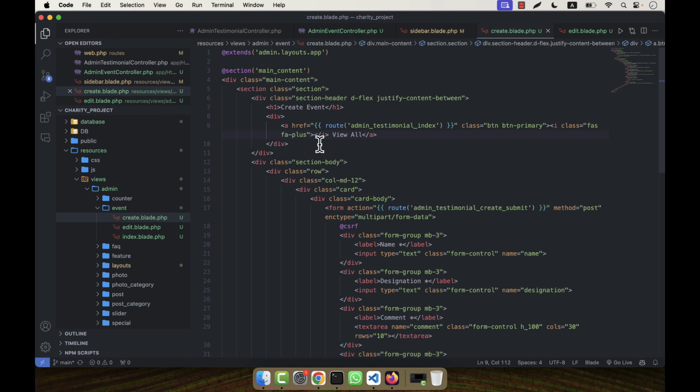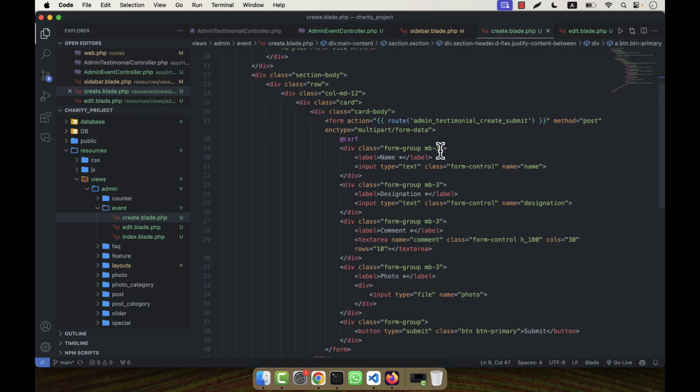Now I am going to change it, that is event, and here it will be event, and this will be event name, and all other things that will be related to event I will show here. So there is a description, in the case of event. So description I am going to give here, and the old data I will add here, as there are many fields. So I am going to use the old, so that the existing data after submit will be into session if there is any error, so the data will not be